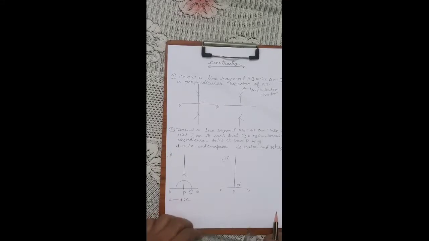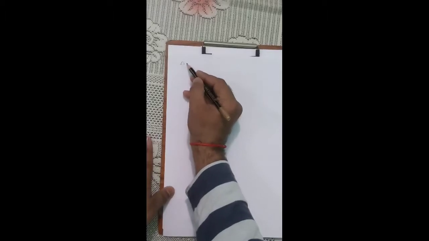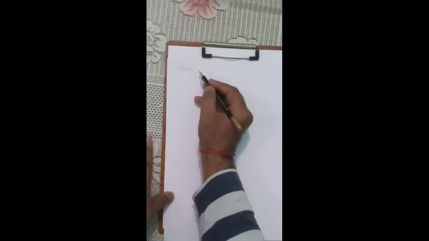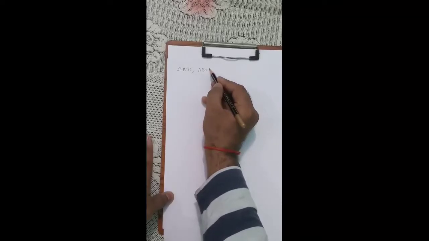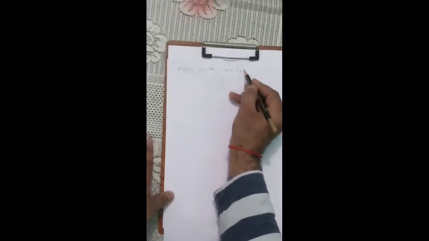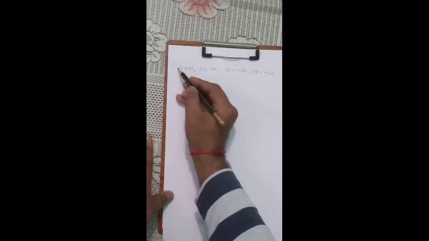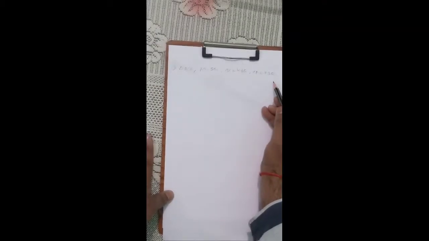Now children, after learning perpendicular, bisector and perpendiculars, we are going to make triangles. So see how to draw the triangles. In your book there is the question: draw a triangle ABC such that AB is equal to 5 centimeter, BC is equal to 4.6 centimeter and CA is equal to 4.3 centimeter. That means you have to draw a triangle in which all the sides are given.